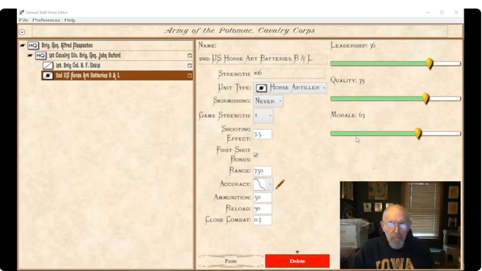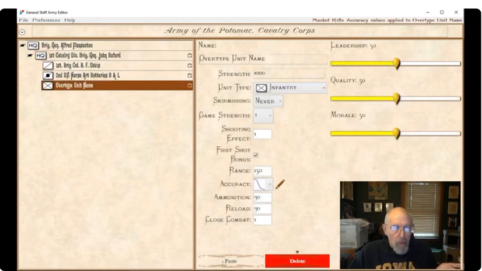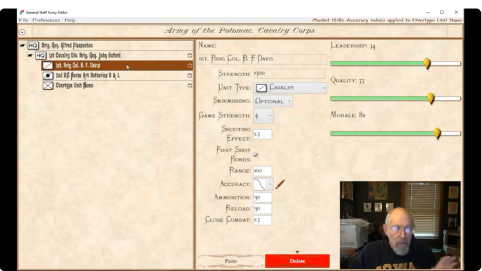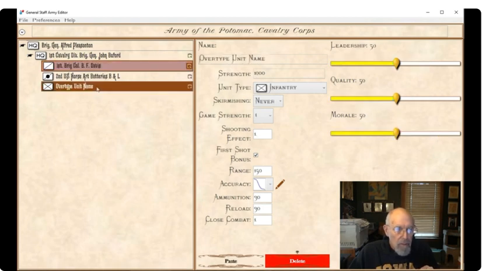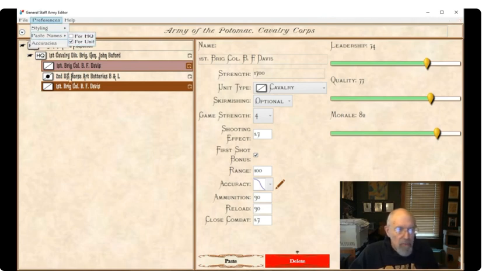Order of battle tables. So now I'm going to show you how to do copy and paste. So we've already created this unit, and we're going to use it as a template to create more units in the order of battle table. So first we're going to create another subordinate unit, and then we're going to come down here. We're going to use this as our copy. We're going to click on the clipboard, and then we're going to click here, and we're going to say paste, and boom, it copies everything. There's also an option you can click copy names, not copy names, whatever you want.